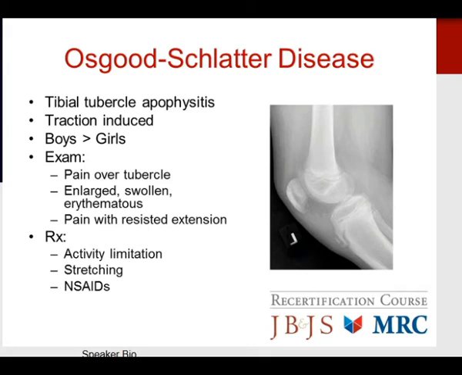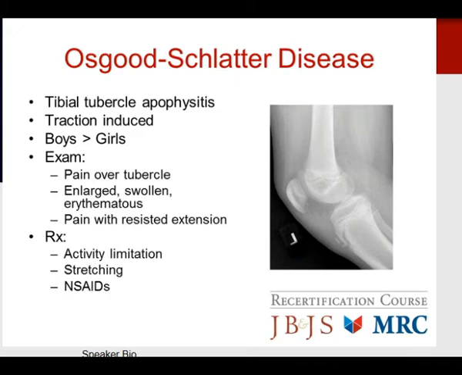Osgood-Schlatter disease represents tibial tubercle apophysitis. This is a traction-induced phenomenon, and it's more common in boys than girls, especially boys involved in basketball and soccer. On examination, these patients will have pain over their tubercle. The tubercle will be enlarged, swollen, and sometimes erythematous, and they'll have pain with resisted extension, and frequently they have